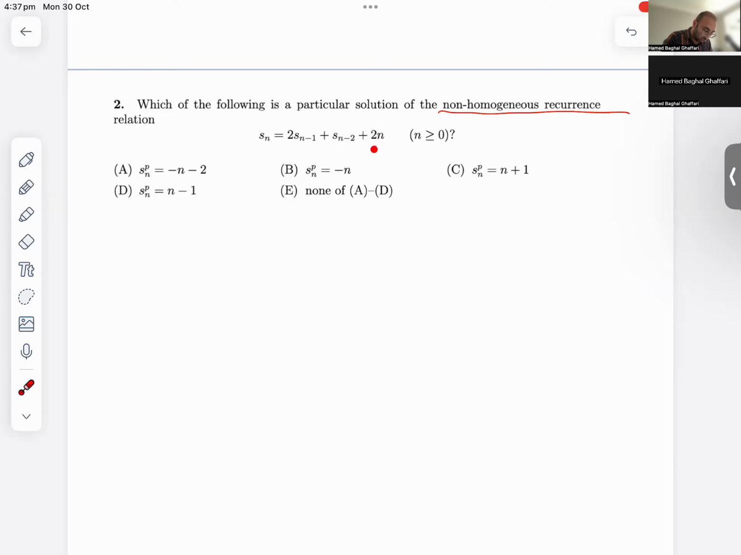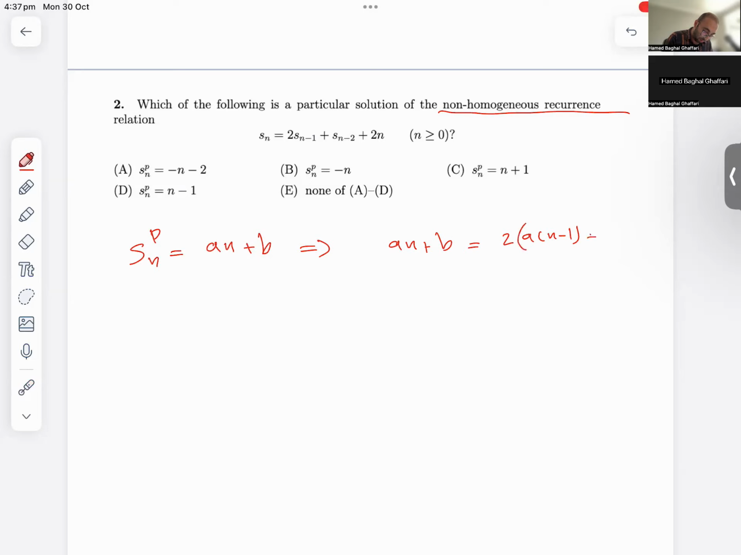And since this term is 2n, a polynomial of degree 1, the particular solution for this one will be like an plus b. So we're going to substitute this S sub n P in the original recurrence equation, and we will be able to obtain a and b. So we see that an plus b equals 2 times a(n minus 1), I'm talking about this one,